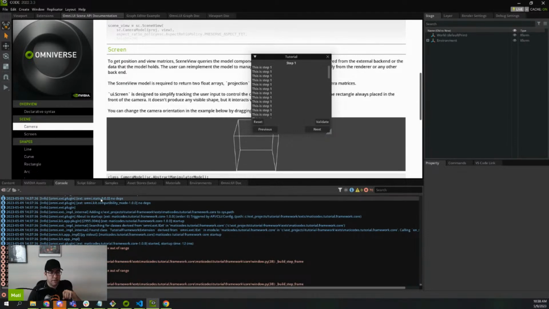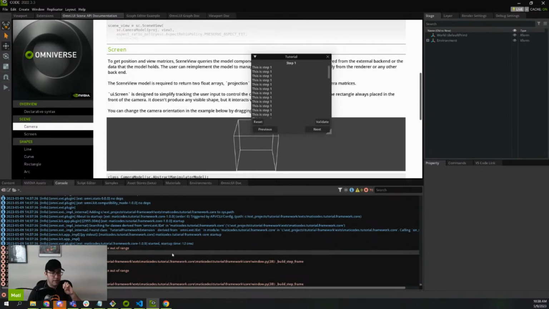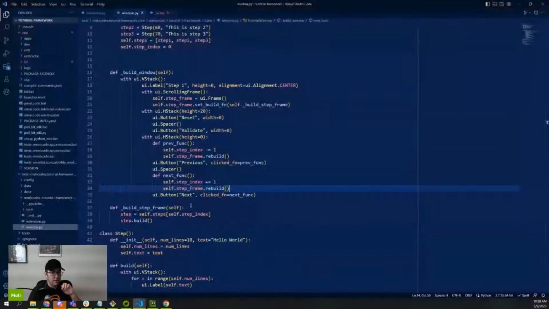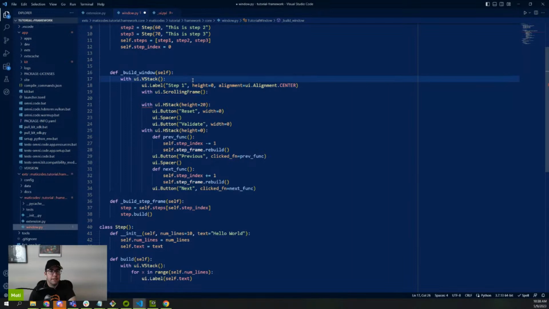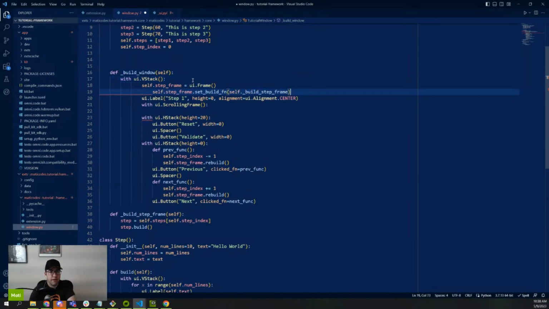So what did we learn here? The next step would be, we need to move this into the frame, which means that my step frame should actually be outside of my scrolling frame, which means